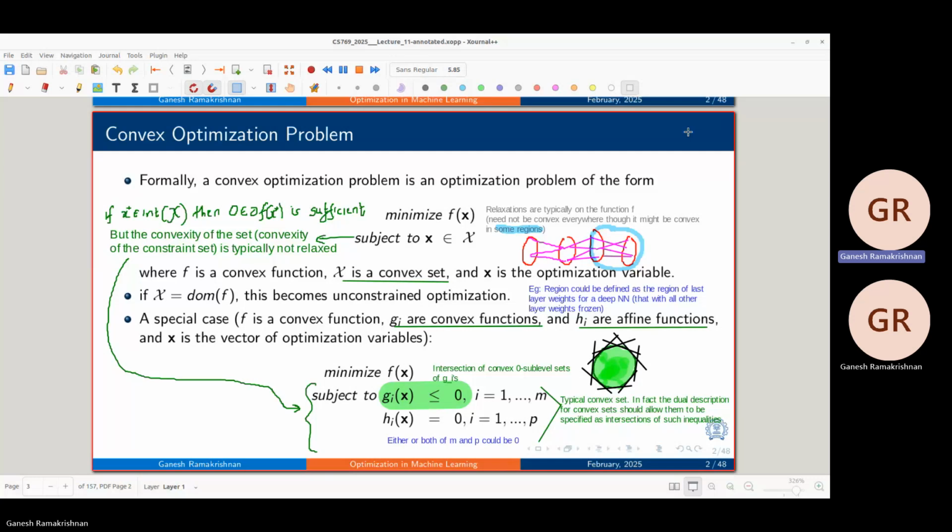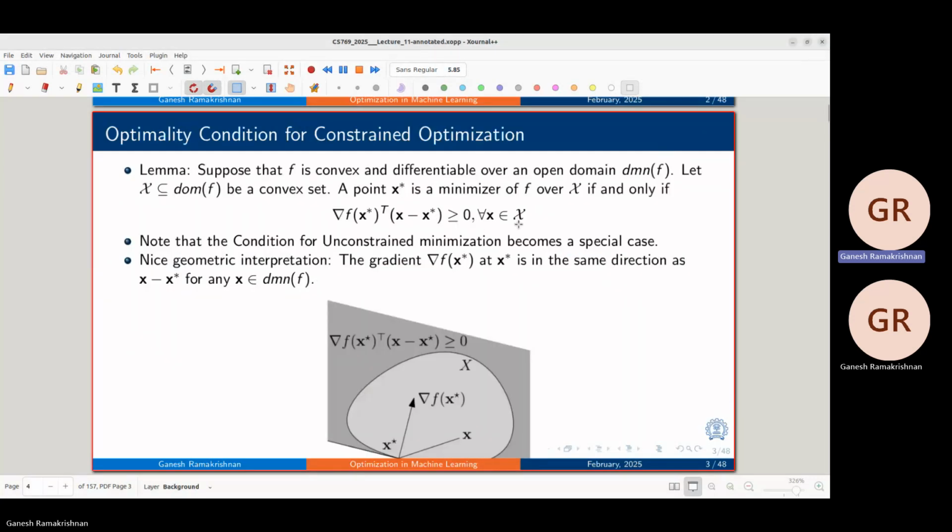The question is, what if x is not in the interior? What if x ends up having one of the g_i(x) equal to 0? What do I do? Okay, this is intuition. We are not going to prove anything right now. We need more ammunition. So here, if you have constrained optimization, and you have a case like this,